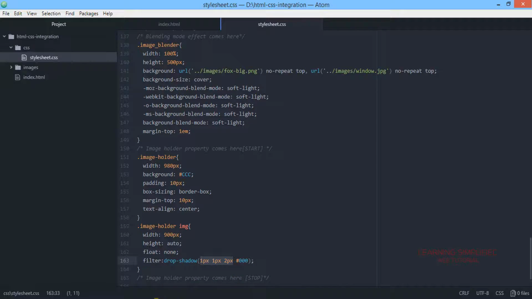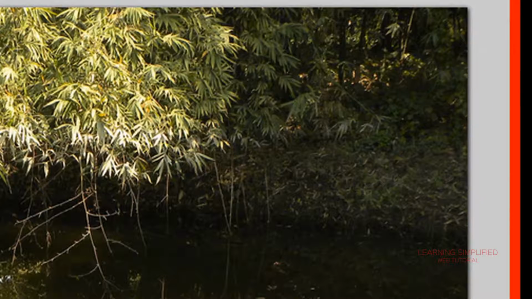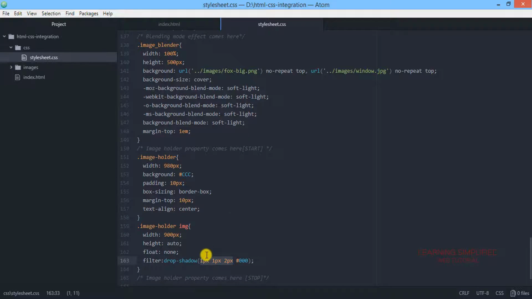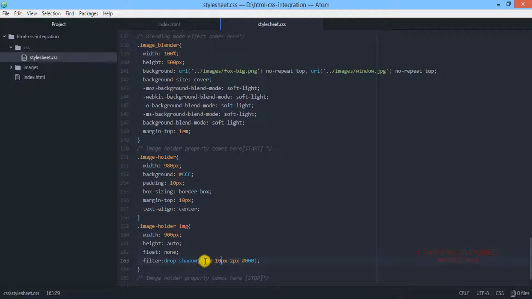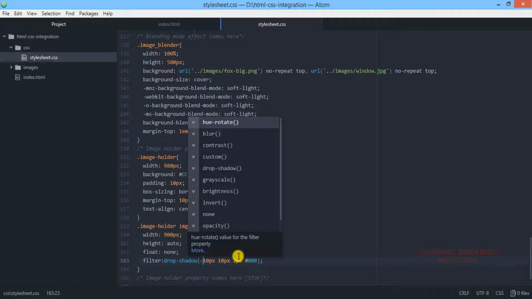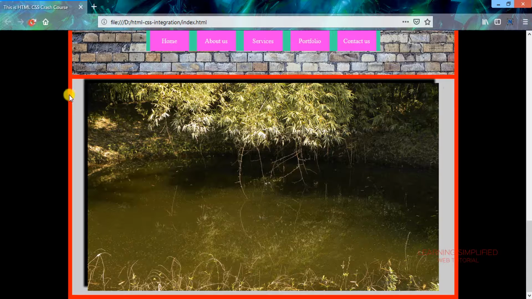Now all we need to do is get back to our project and reload, and you can see that here comes this drop shadow which has been applied. If we increase this horizontal and vertical amount, reload, and you can see that this will be the result. Now as I was saying, if we put negative values on and reload, we can see that the drop shadow is now changing its alignment, changing its direction.